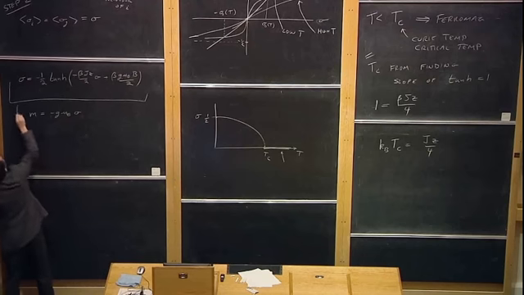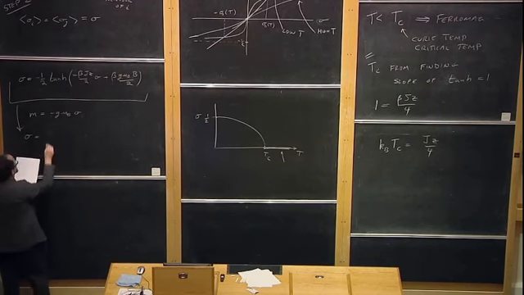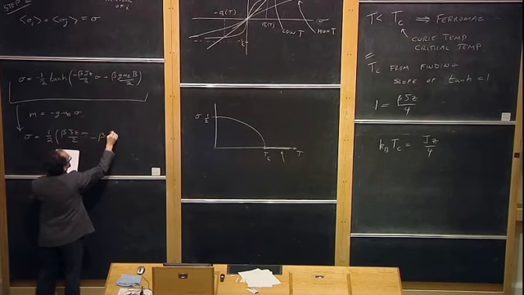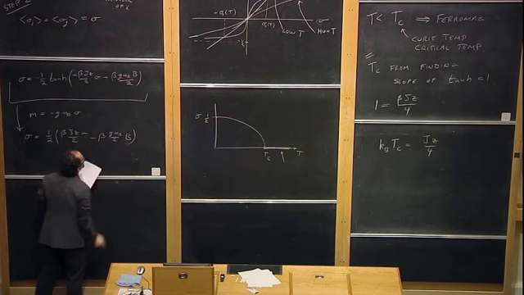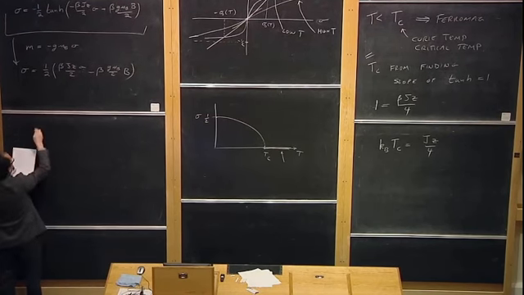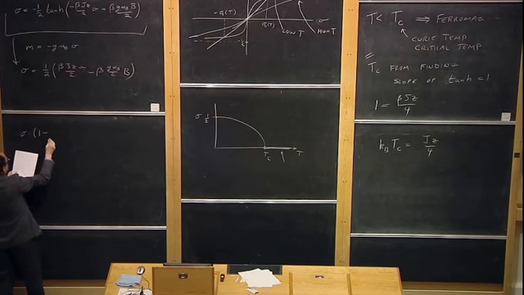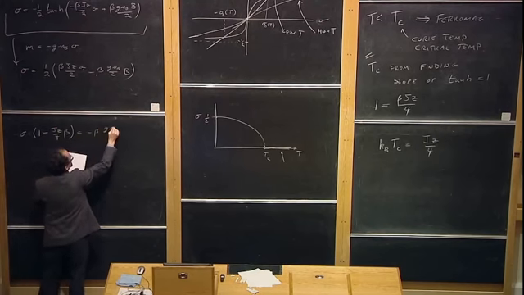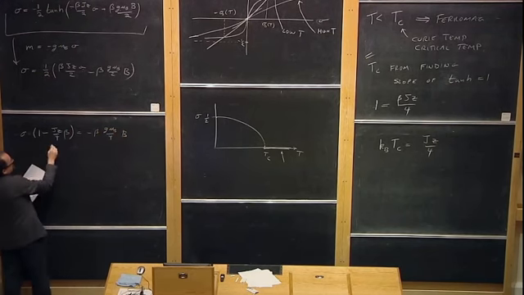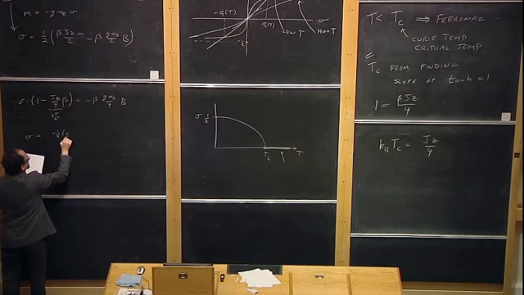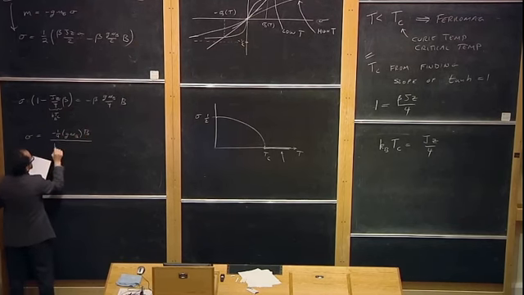Everything is small. So we can write sigma equals, actually just writing this all out, I'm going to absorb a couple of minus signs here. Beta J z sigma over 2 minus beta g mu_B over 2 times the magnetic field. Okay? And then we just rearrange this so we solve for sigma as a function of magnetic field. We get, actually I'll write it this way, (1 minus Jz over 4 beta) sigma equals minus beta g mu_B over 4 times the magnetic field. And notice this quantity here is actually k_B T_c. So with a little bit more rearranging, we get sigma equals minus 1/4 g mu_B magnetic field B divided by k_B T minus